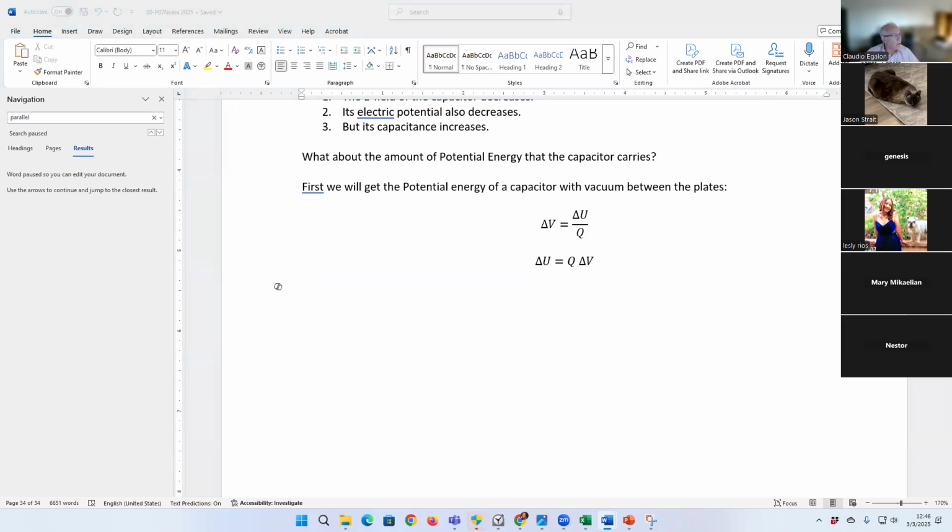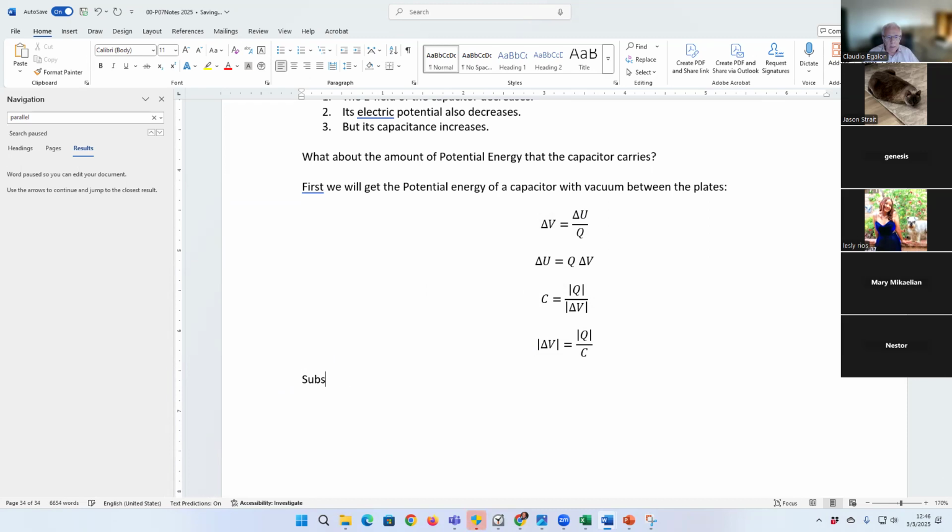We are going to replace the delta V in this equation with the other parameters. I'm going to rewrite this delta V in terms of Q and C. Don't forget this is the definition of capacitance, right? So